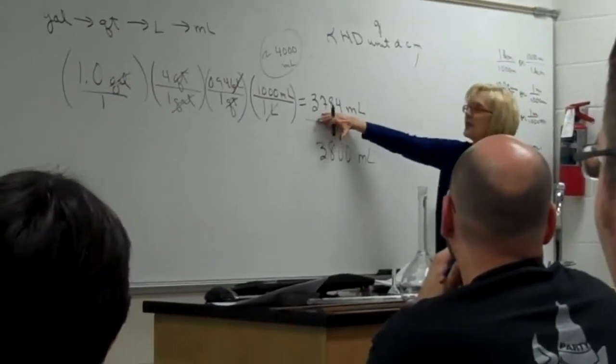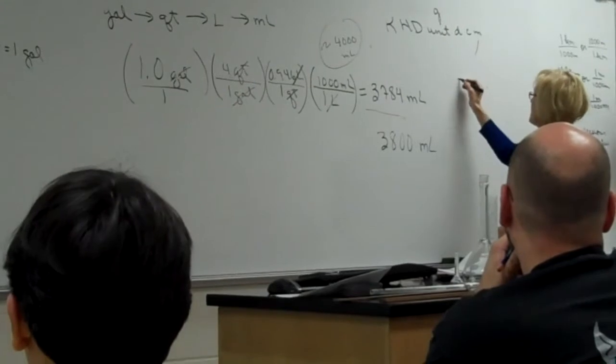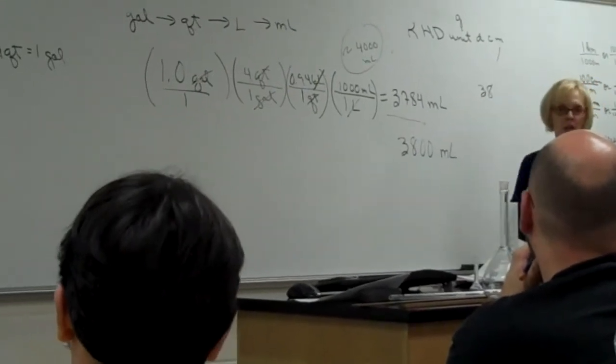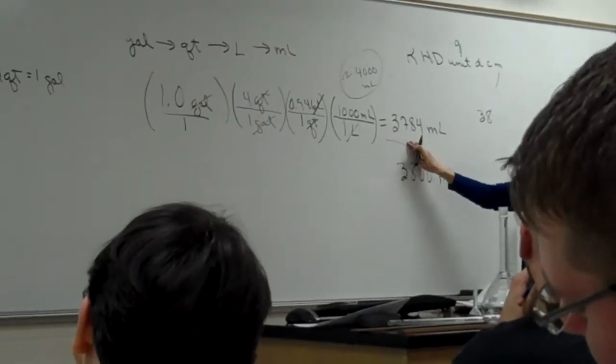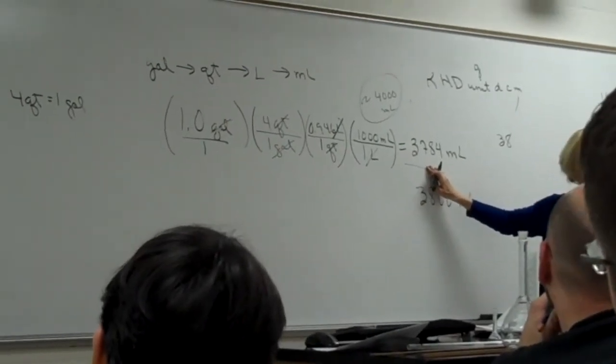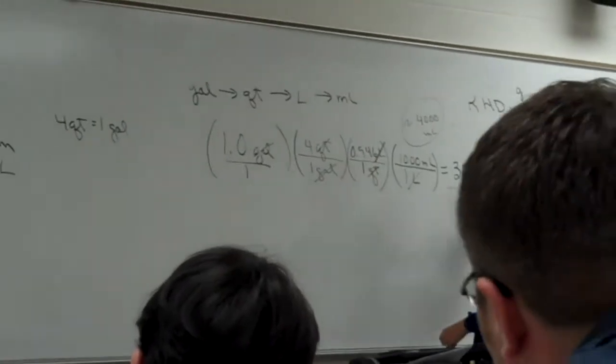Master. I say, I want this to have 2 sig figs. And the person will say it's 38. No, because you can't change magnitude. You can't change magnitude. And the example I always give for that,